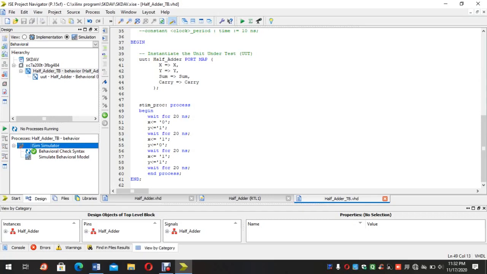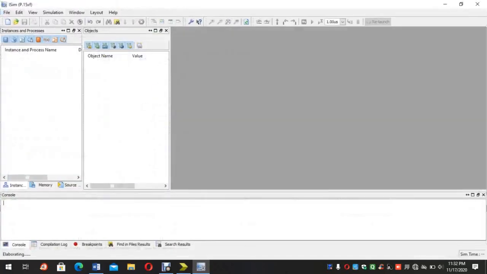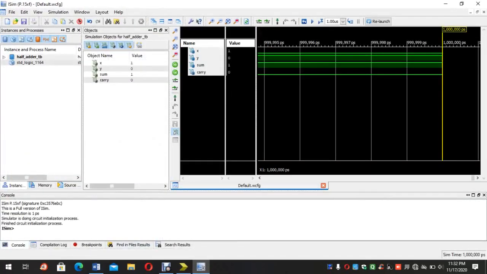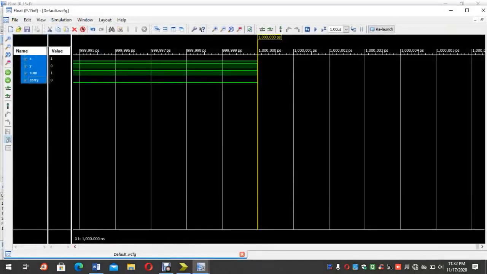Now click on Simulate Behavioral Model. This one is the test bench. Click here.